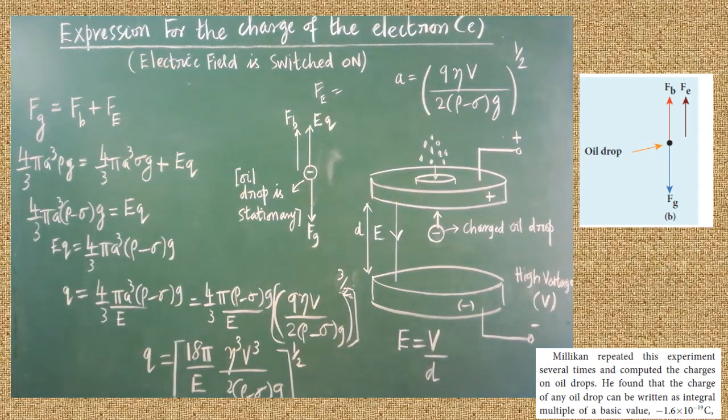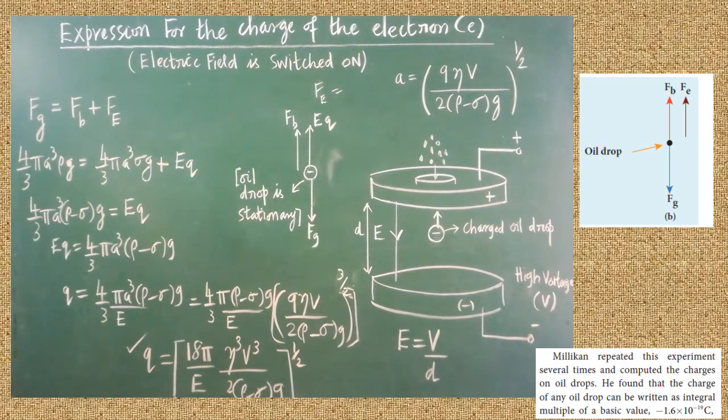Are you clear? So by knowing the value of the coefficient of viscosity of the oil, the terminal velocity, the electric field strength, the density of the air, the density of the oil drop, and g, if everything is substituted, we are able to get the Q value. Q, what is Q? The net charge stored on the oil drop can be measured. Here the thing is, this experiment has to be repeated several times. Millikan repeated the experiment several times, and the result obtained each time was tabulated by Millikan. While comparing the values of Q obtained each time, he found that a particular value was the least value.